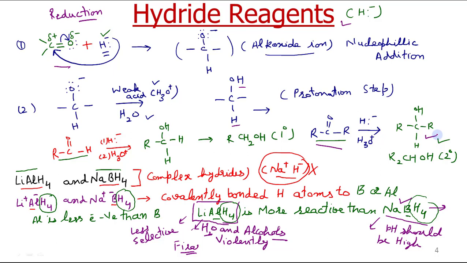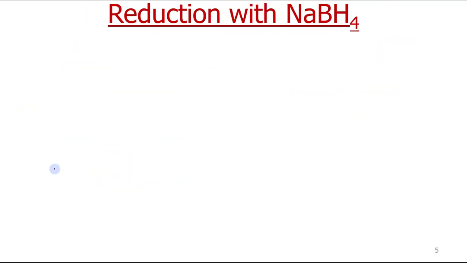Now let us individually discuss sodium borohydride and lithium aluminum hydride. First, let us see how the reduction with NaBH4 is carried out. First we will write the mechanism for this step. We can write the structure of NaBH4. The mechanism is similar to the general one, but now we show it using substrates. It is ionized to Na positive and BH4 negative. Now this BH4 negative reacts with the carbonyl compound.